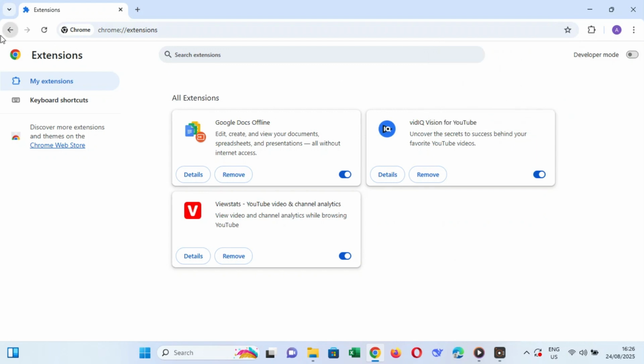Pro tip: if you think you might want to use an extension again later, you don't have to remove it completely. Instead, just toggle the switch next to it to the off position. This disables it without uninstalling it, so you can easily turn it back on anytime. It's a good practice to occasionally review your extensions and remove any you no longer need, as this helps improve